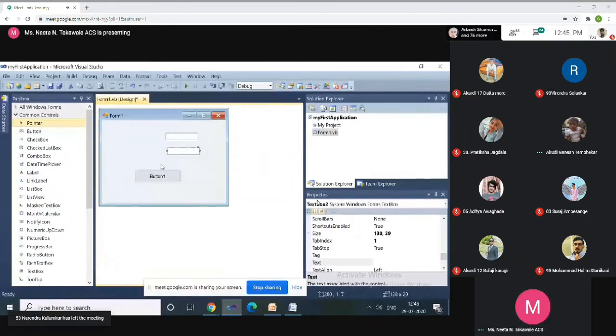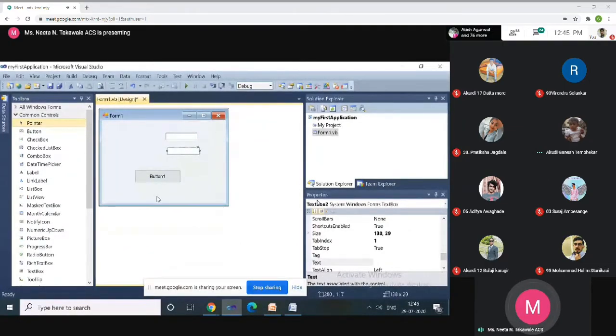We are going to design a simple application with the help of .NET, using this form. This window is an environment, and using this window we can create the application.